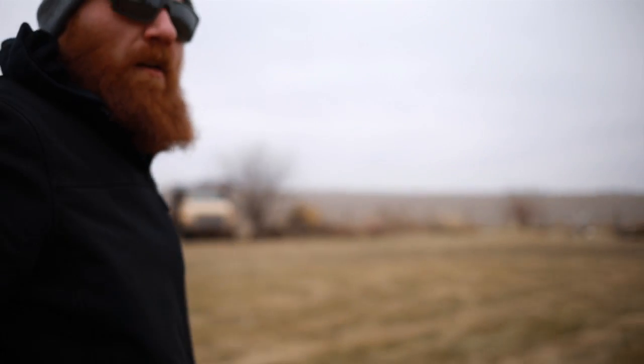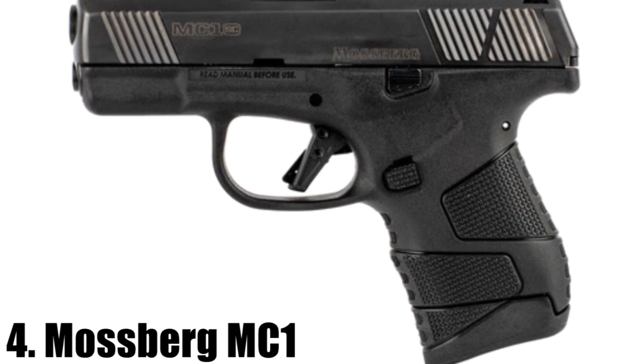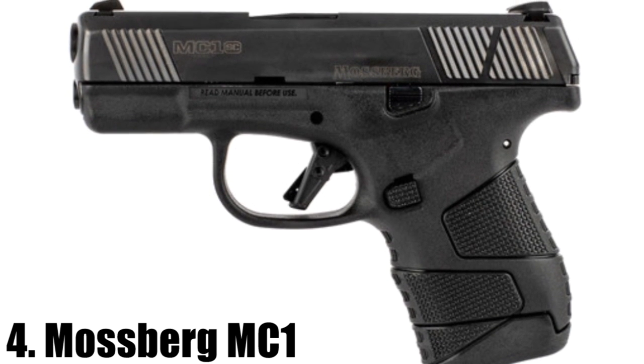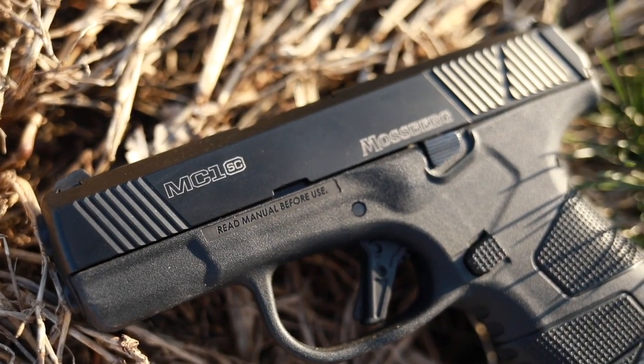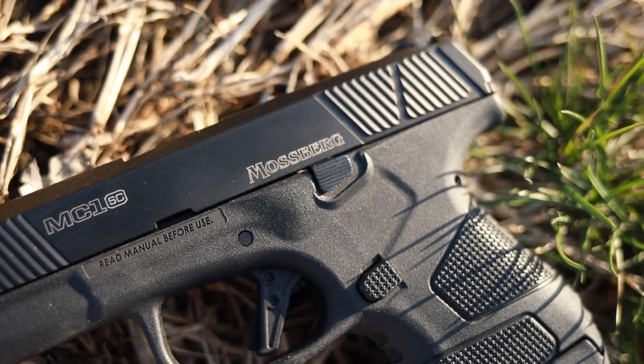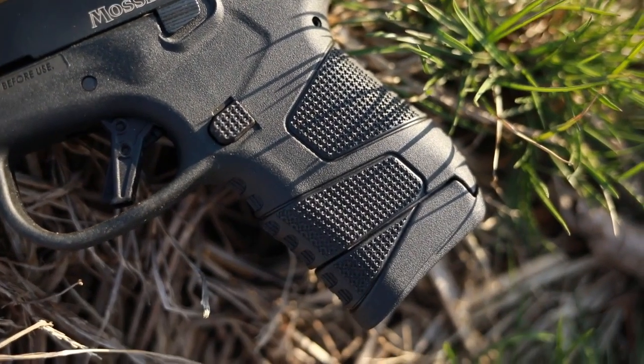Now let's get into number 4. That's going to be the Mossberg MC1. The Mossberg MC1 has a 3.4-inch barrel with a DLC coating, and it is again a polymer frame striker-fired pistol. It comes with 1 6-round and 1 7-round magazine, just like the PPS, although the magazines are clear and they